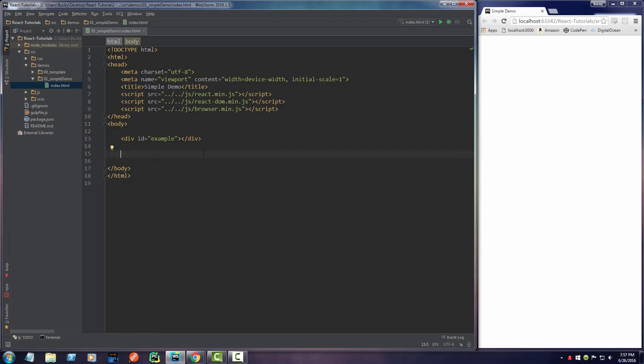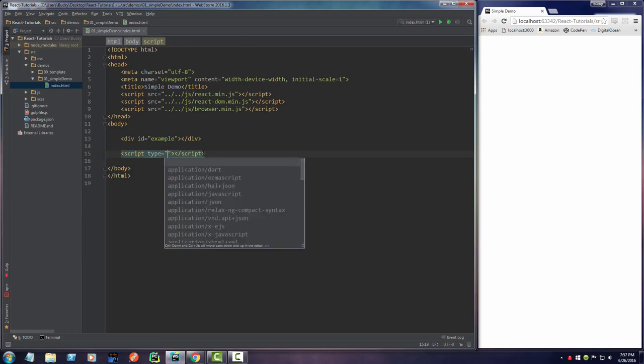Now we can actually start writing our React code. I'm going to make a script tag. By default, this is just normal JavaScript, that's what the browser is going to see. But remember, I said that we aren't going to write plain old vanilla JavaScript. We're actually going to be writing something called JSX. It's a special type of JavaScript that allows us to use HTML syntax in it, and it makes it really easy to program. So we need to add an attribute right here